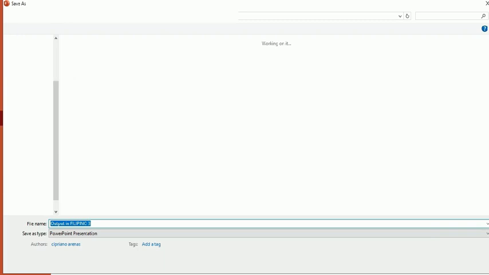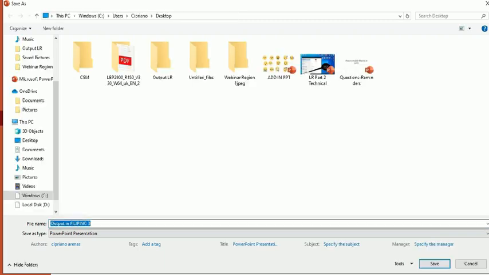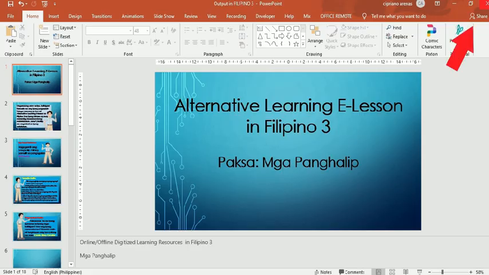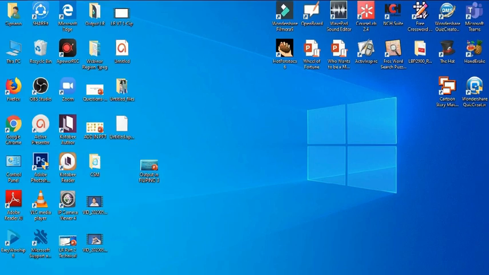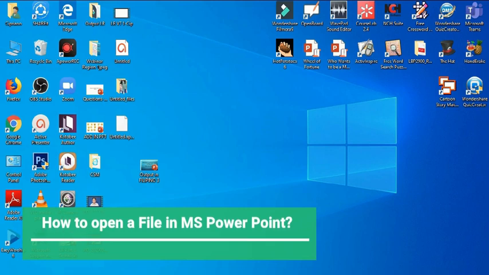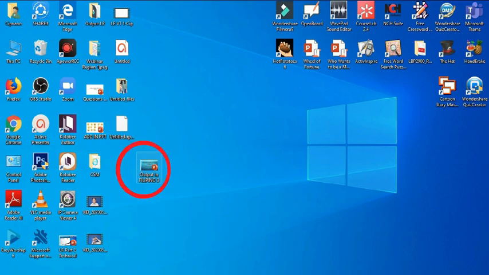Double click, and then you can replace the file name. For me, I will retain the file name and then click Save. Then let's close. Now we have our files on our desktop. After saving our files, we can open our files by double clicking the icon